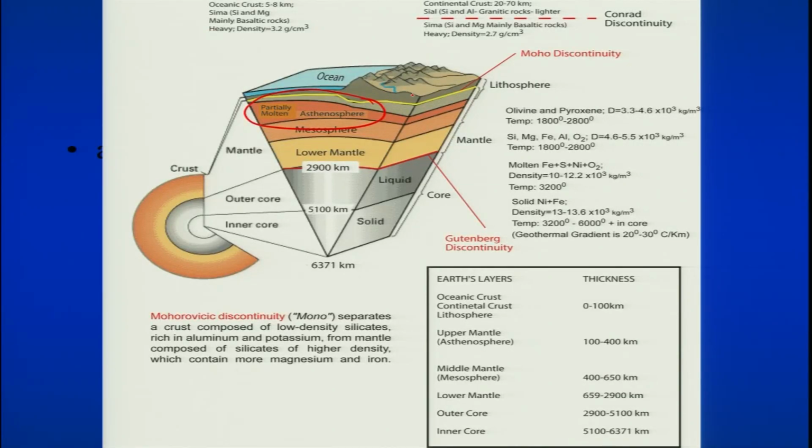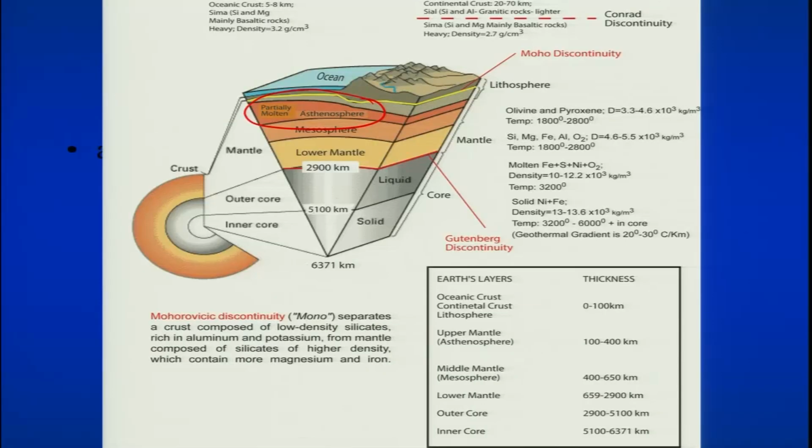They are basically floating on the partially molten layer, that is your asthenosphere, and depending on the density of these plates, because the oceanic plate, if you take this is the oceanic plate here, they are heavier, whereas the continental plates are comparatively lighter in terms of the density. So, they will float on the partially molten layers at different elevation,